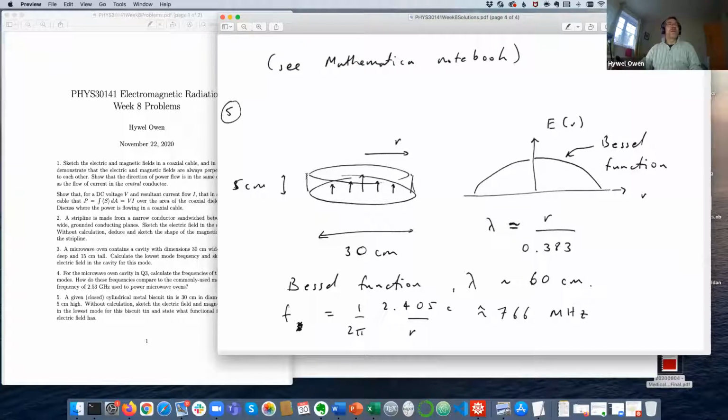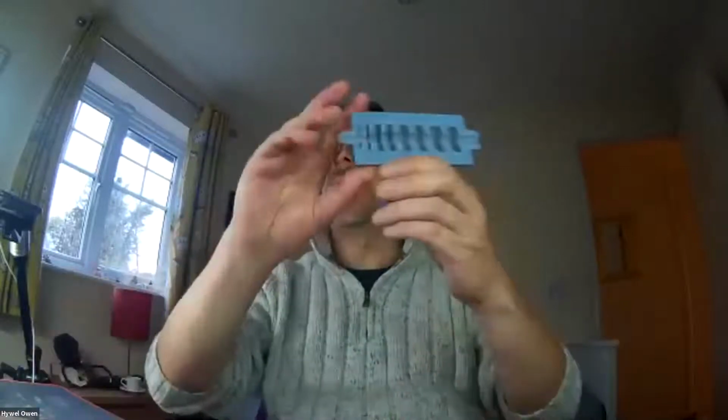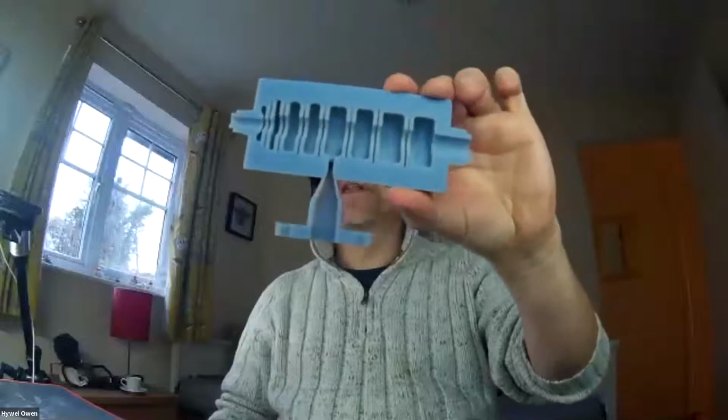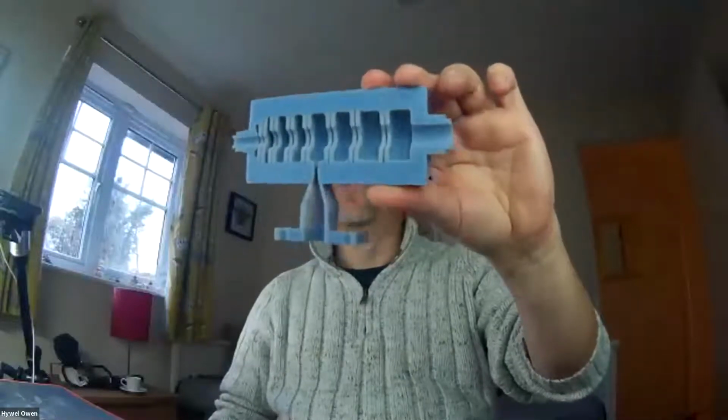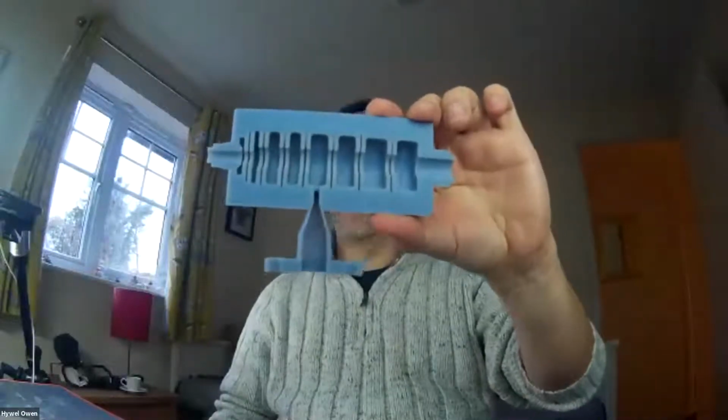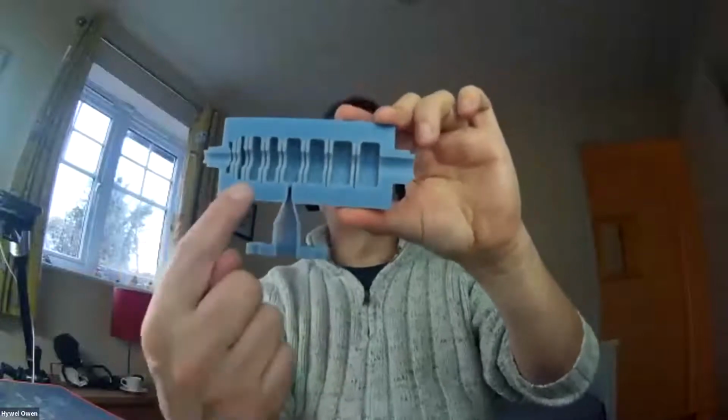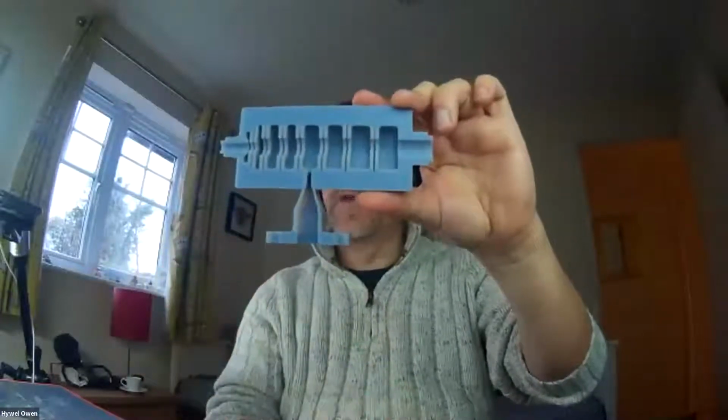Okay. So just to finish, the height of this biscuit tin, the height of this cavity, has no relation whatsoever to the resonant frequency of the cavity. So just to illustrate that, I may have shown this on one of the videos. Hopefully you can see me. Let's just pin myself so you can see me. Okay, so here is one of those cavities. So this is a life-size 3D print of a multi-cell cavity. So each one of those resonant biscuit tins is one of these